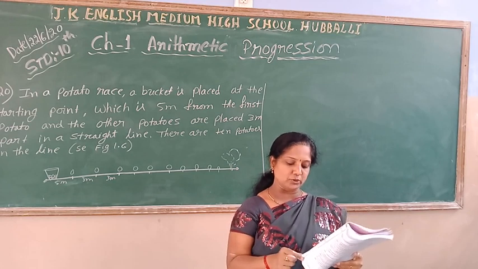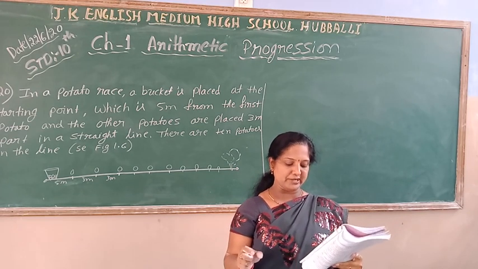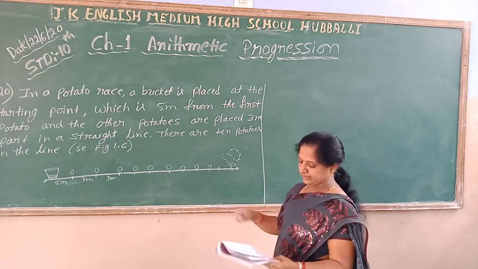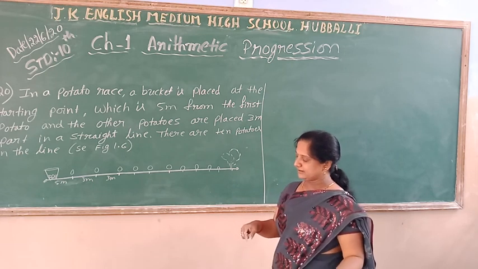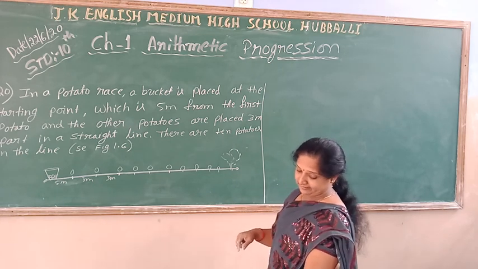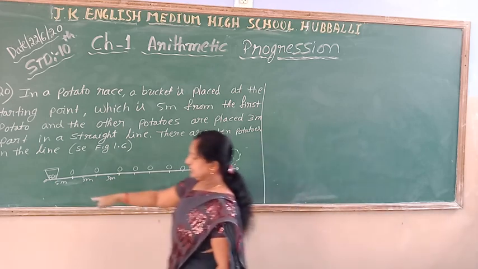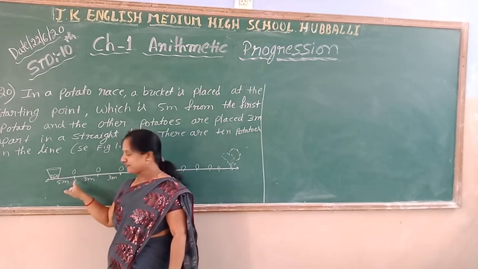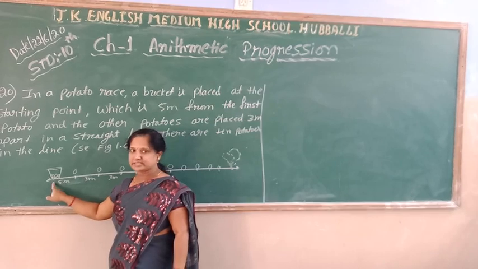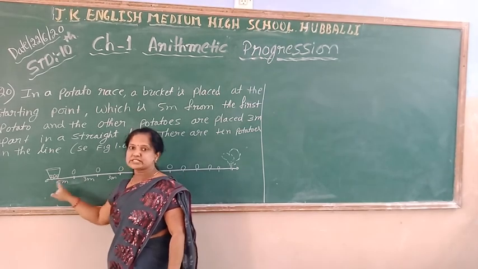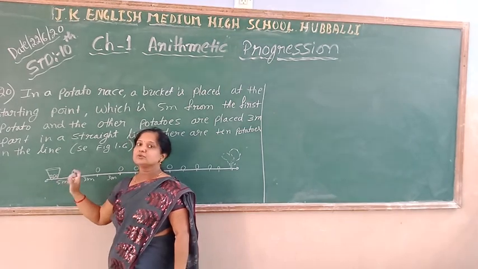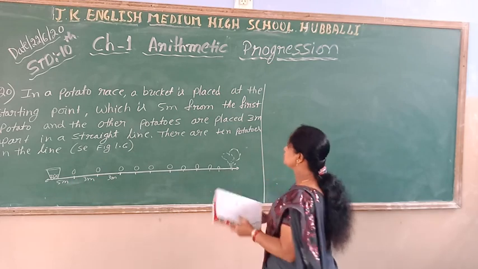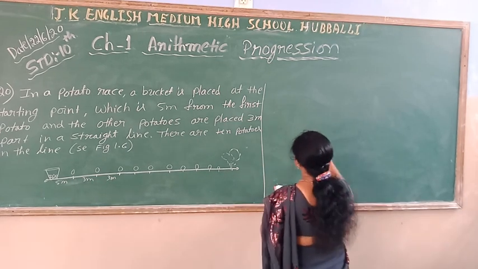The total distance run by a competitor is 2 into 5 plus 2 into 5 plus 3. In this manner they gave me the question, and according to the question I can write it. The first competitor will take the first potato, which is 5 meters away from the bucket, and she will run back once again to put it in the bucket. So twice she is going to run, so it becomes 2 into 5, 10. In the same manner it continues, but the distance is going to increase.